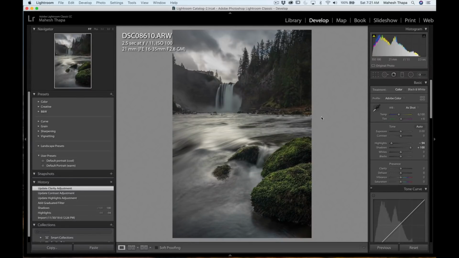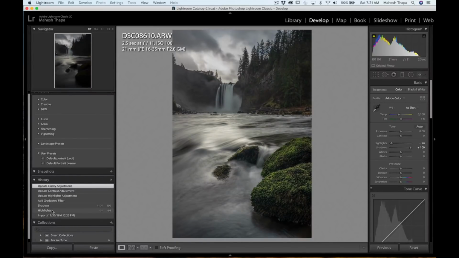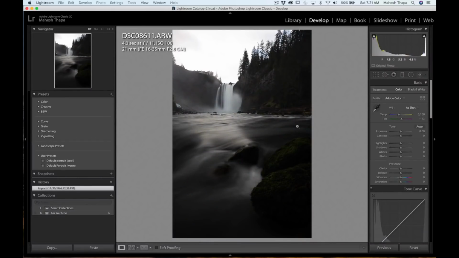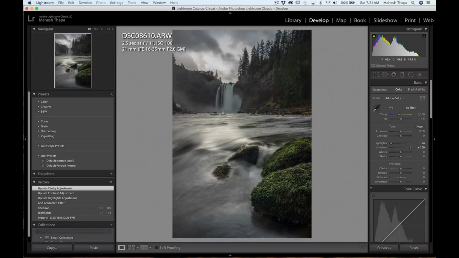Now this is the non-polarized image. So what did we do here? Let's go back to our history. Basically we adjusted the highlights, shadows, and added a gradual filter with contrast and clarity adjustments. Well, let's try to do the same thing to our second image, which is this one right here, which is the polarized image. So just for the sake of fairness and comparison, I'm going to go back to our grid